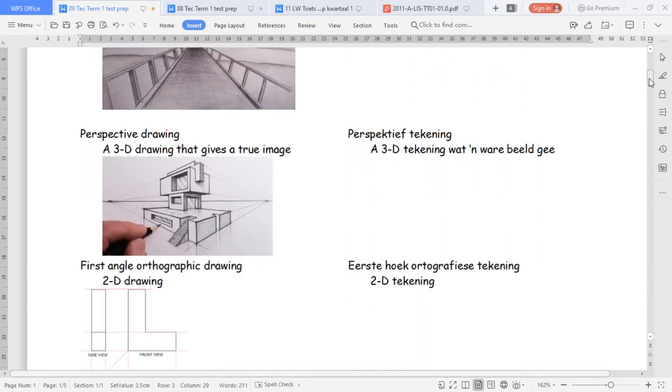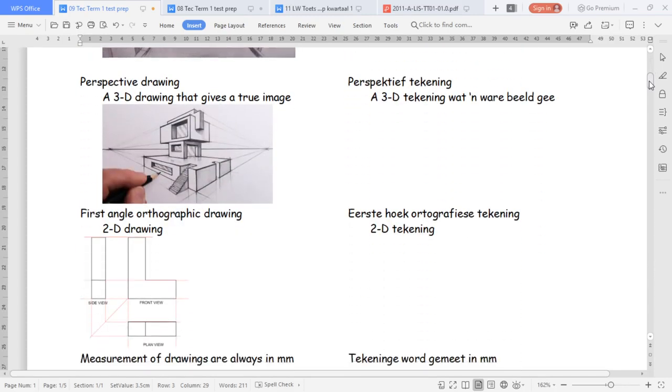So then after that we make a perspective drawing. So a perspective drawing is a 3D thing that gives you a true image. So dit ons maak 'n 3D tekening wat vir ons 'n ware beeld gee van presies hoe dit moet lyk